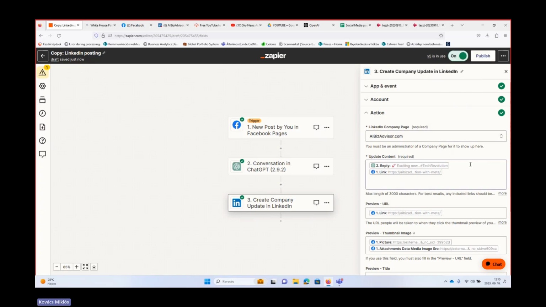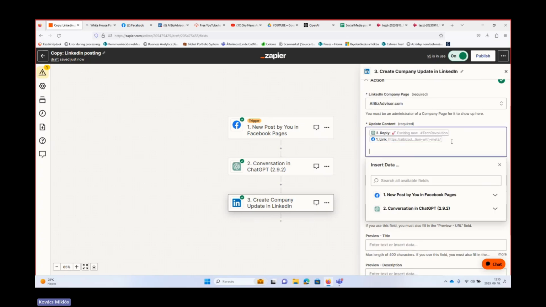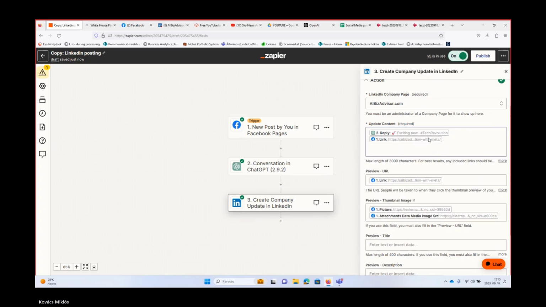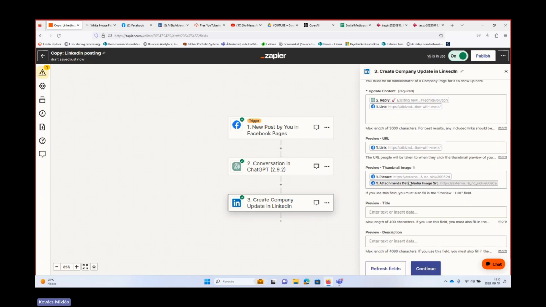And then you see update content. Basically, from step 2, we take the content that was generated by ChatGPT, and we use the link to place the link and thereby also show the picture here. This URL has to be added here as well to preview URL, and then the picture to have the preview thumbnail images.